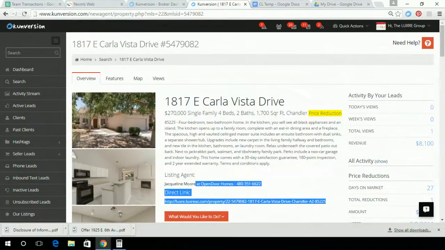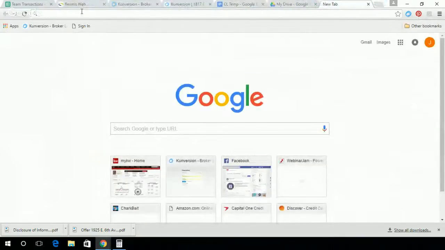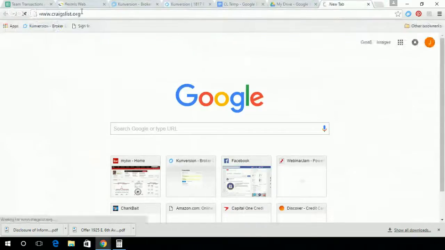Now, that doesn't mean you have to post on the weekends if you don't want to. That's okay. But remember, the key is consistency, and if you can, do it multiple times a day, then you're going to get your presence on Craigslist, okay?